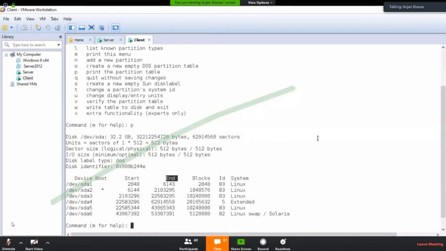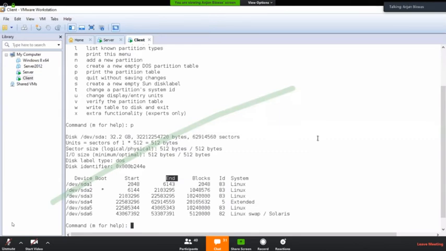The rest of the 5 GB empty space you cannot use. That will be unused, unassigned space. So it is better to assign the whole empty space as an extended partition, so that in future you can create logical partitions and use all the disk space.